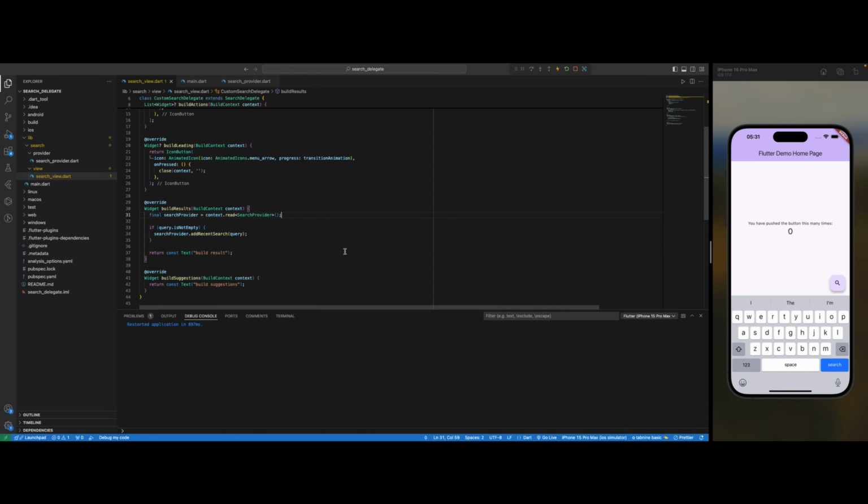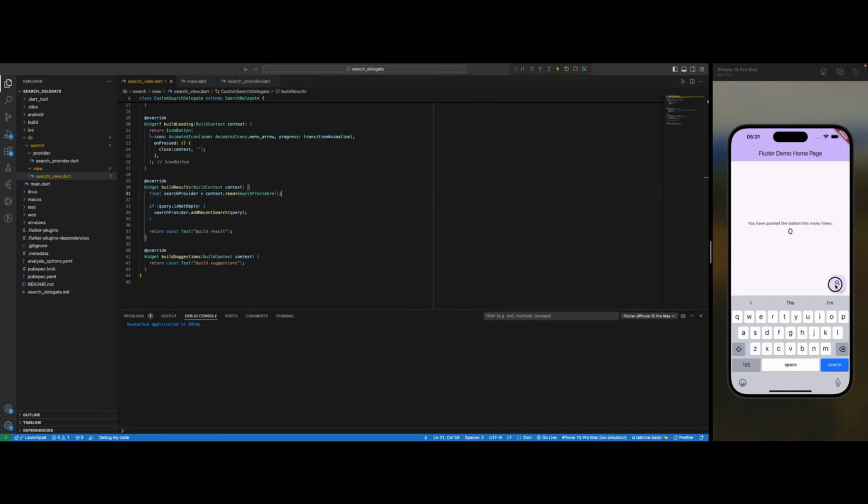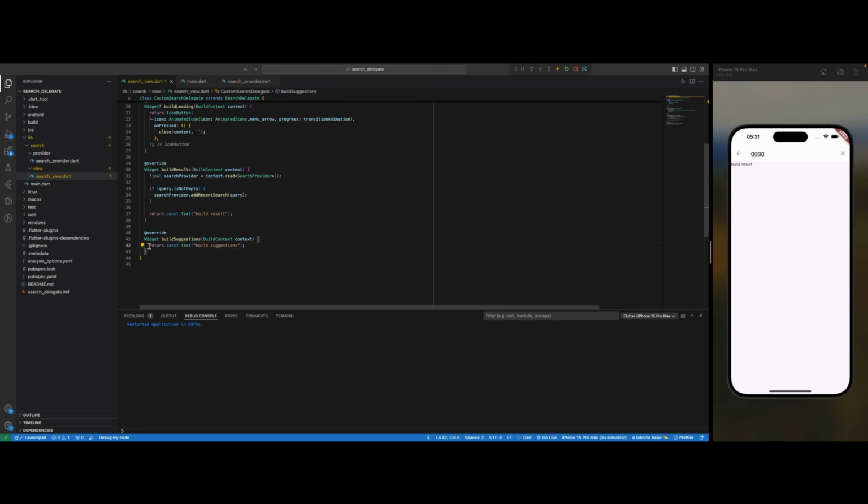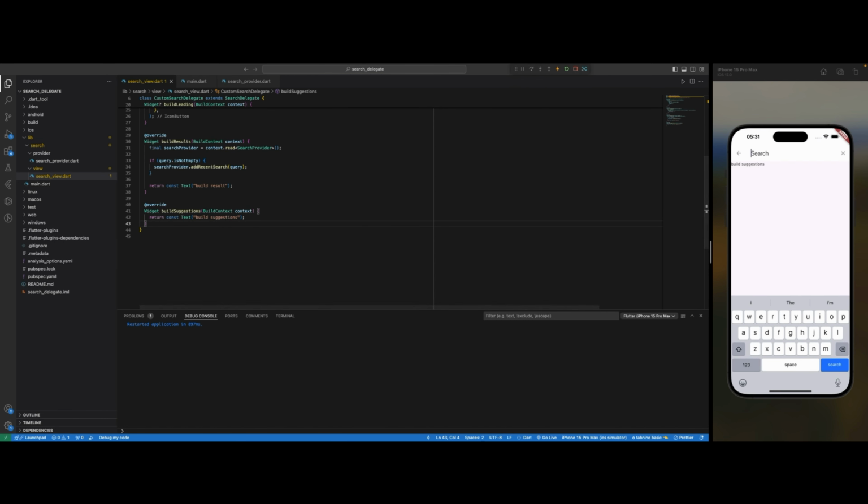Okay, and if we go back here, if we search anything, click search, it's going to save now to the list. But we can't really see it because we have not implemented the build suggestion that whenever we go back, it's supposed to show. So to implement the build suggestion and also add a button to remove recent searches,